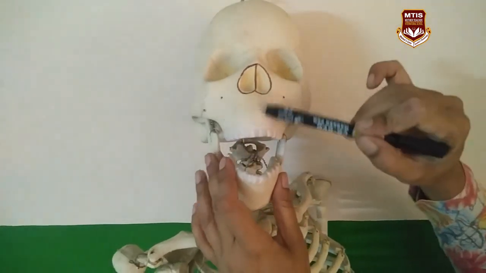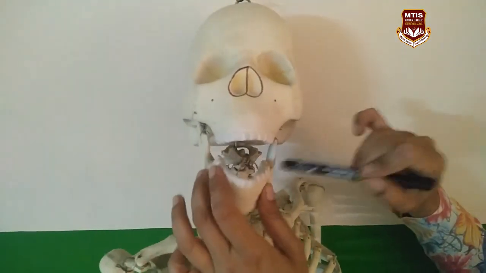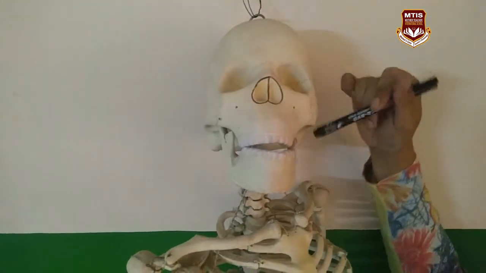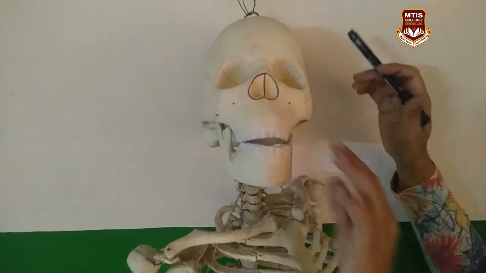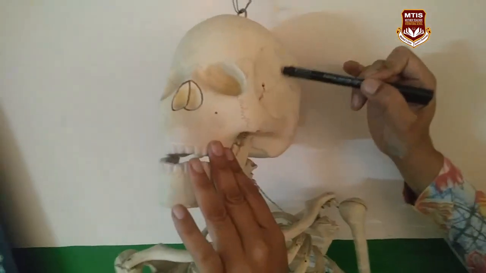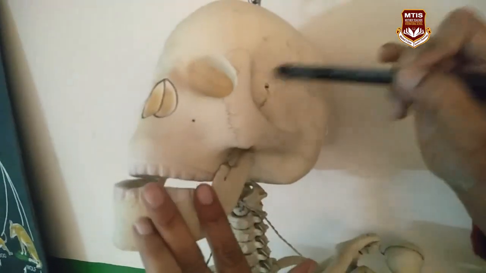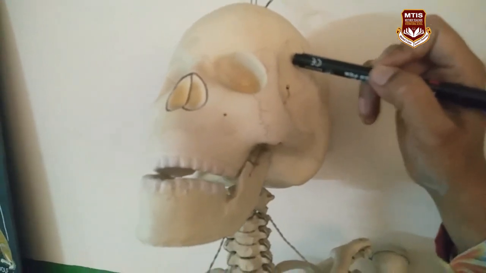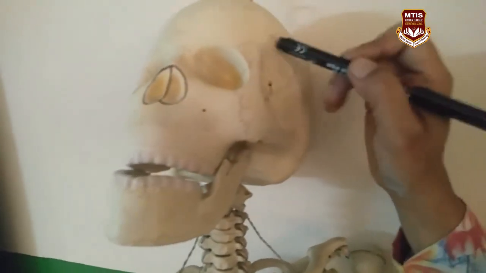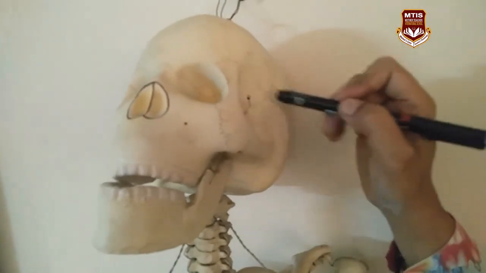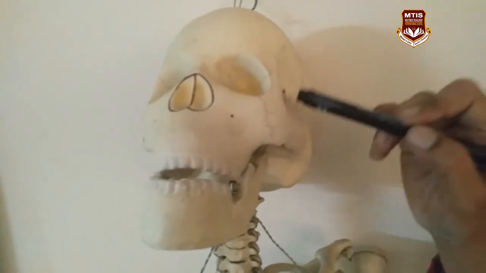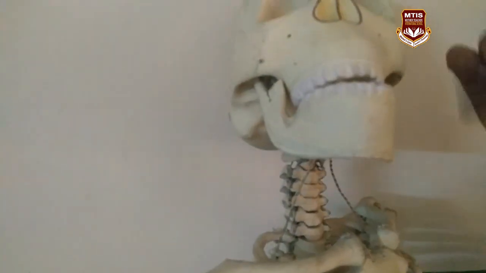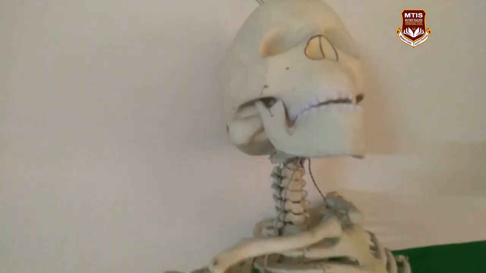Jaws are there. This is the upper jaw, this is the lower jaw, and in the skull only the lower jaw is movable; all the rest of the joints are immovable. Here you can see these joints, the irregular lines. Actually, the skull is not a single bone, it is a bony structure made up of 22 bones joined together. Out of 22 bones, there is only one joint which is movable, and all the rest are immovable.